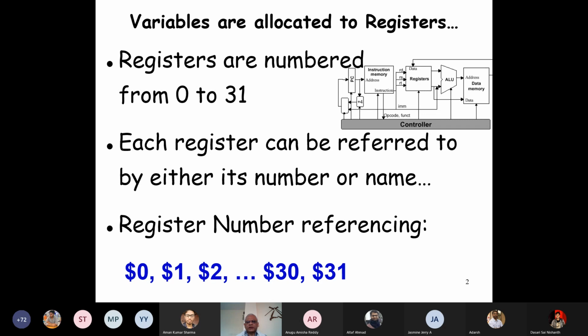The 32 registers here are numbered 0 to 31. There are two ways we can write our assembly program.